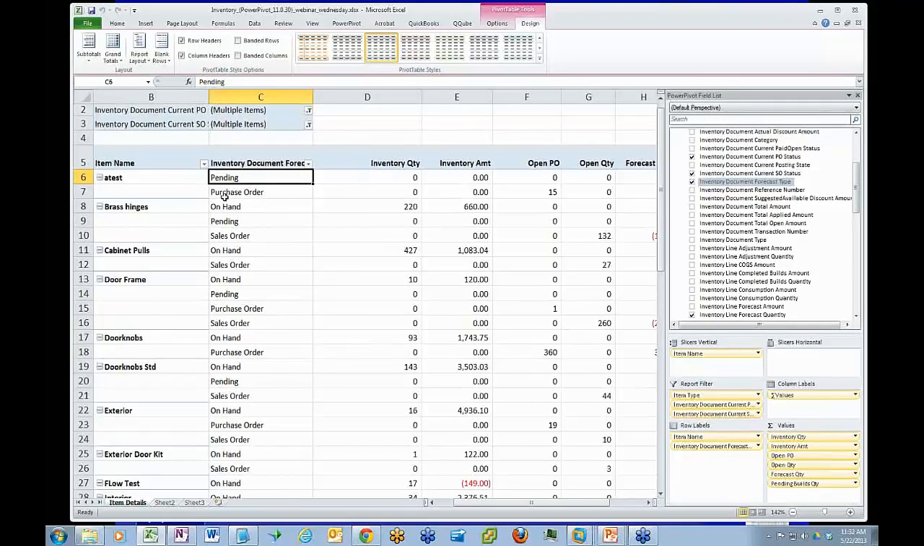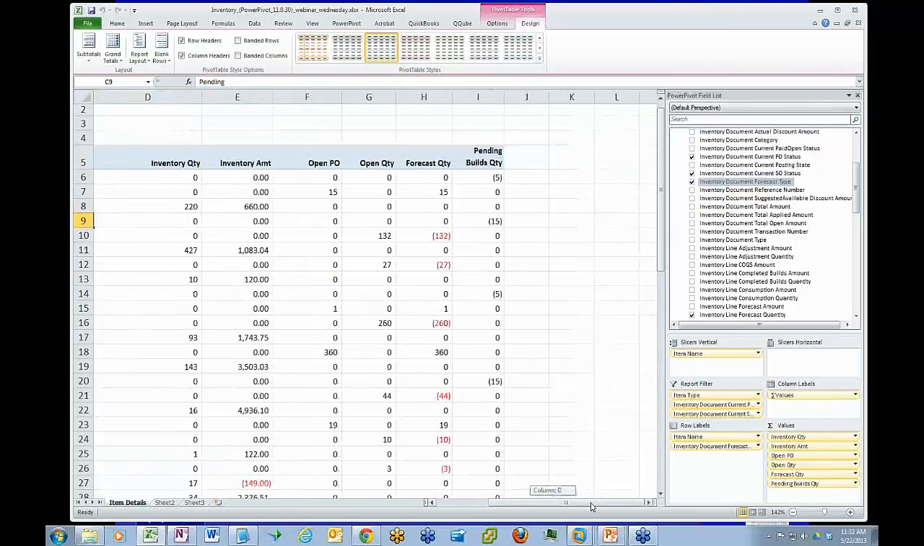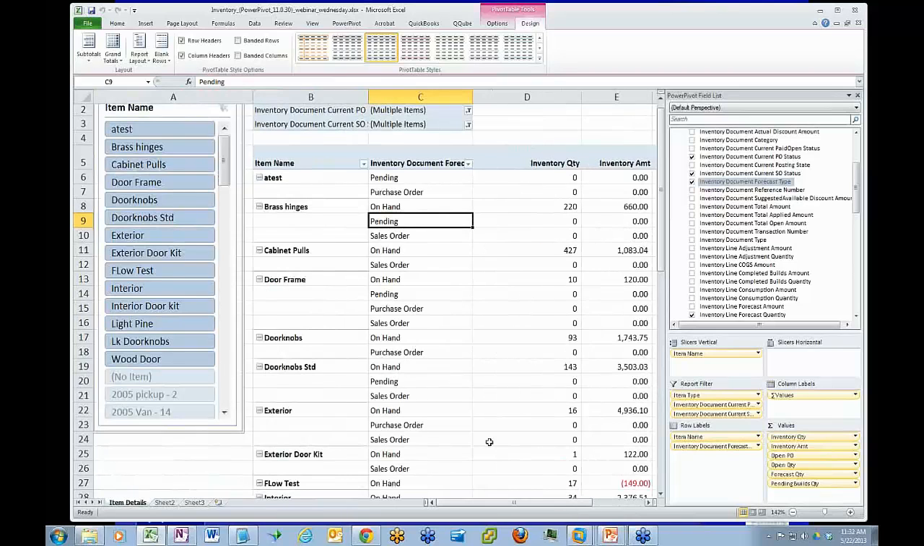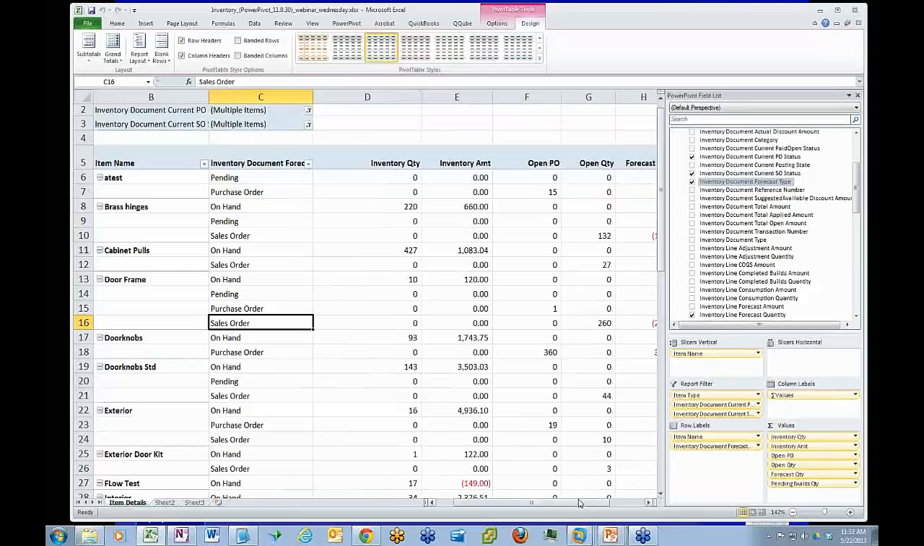So now you see very simply, I've got things categorized. I've got on hand, I've got a pending, right, because we have a pending bills quantity, and then I've got purchase order and sales orders. So the on hand, all of the details are hidden underneath, right? If I bring in this transaction number again,